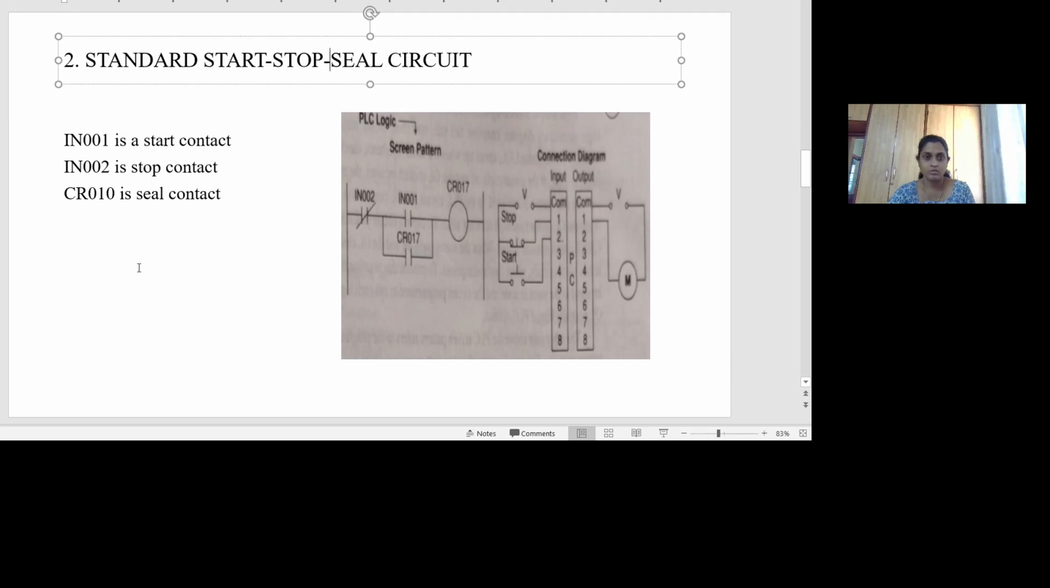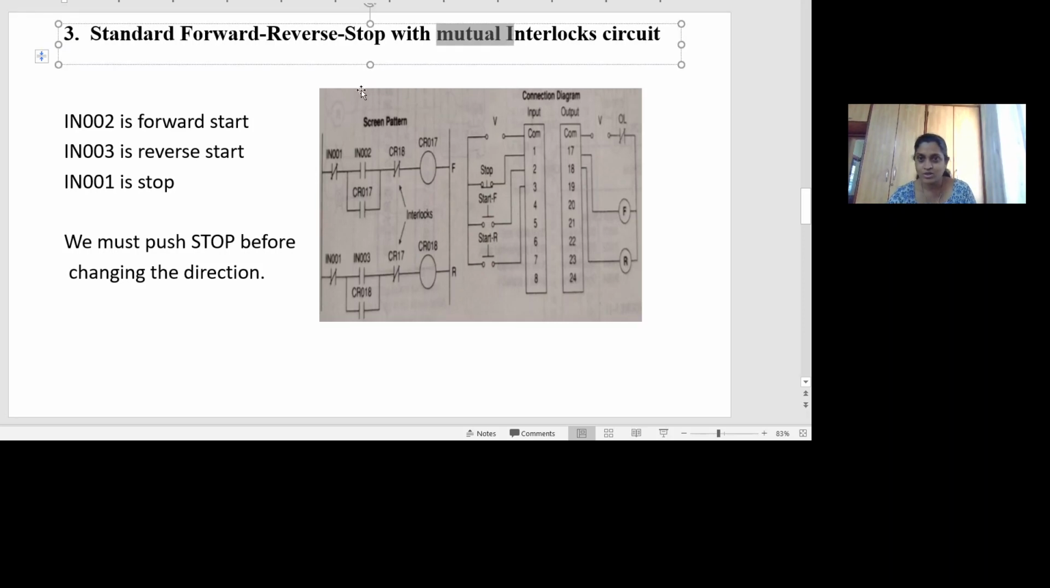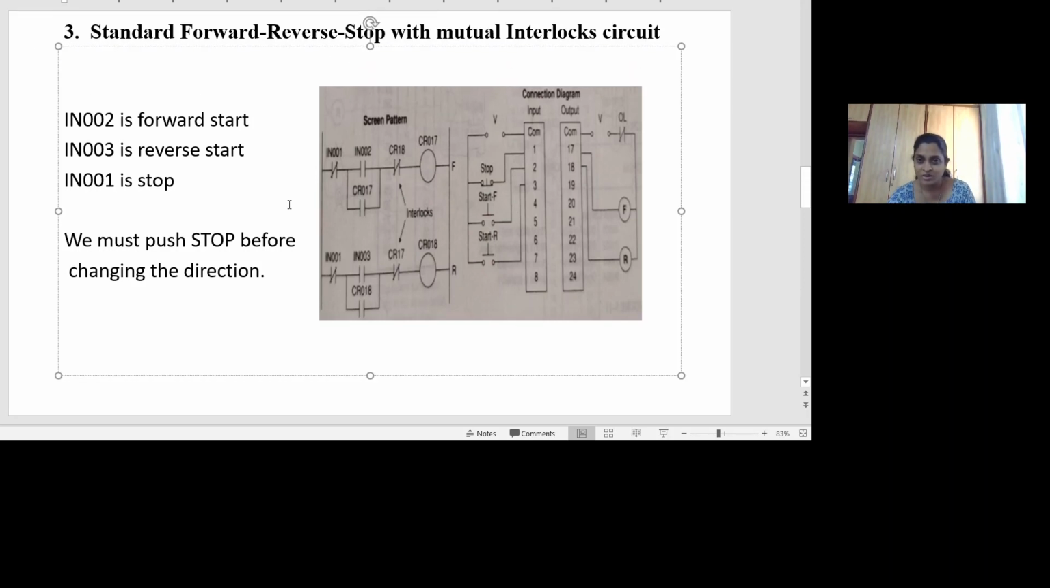Next, we'll move on to another example. Now I'll make the situation much more difficult by including this mutual interlock concept here. So first we'll go through the connection diagram and how it works, what is the situation we'll try to understand. So this is the connection diagram here. What I want is the motor has to run in two directions now. It has to run in forward direction when I press the forward start button and